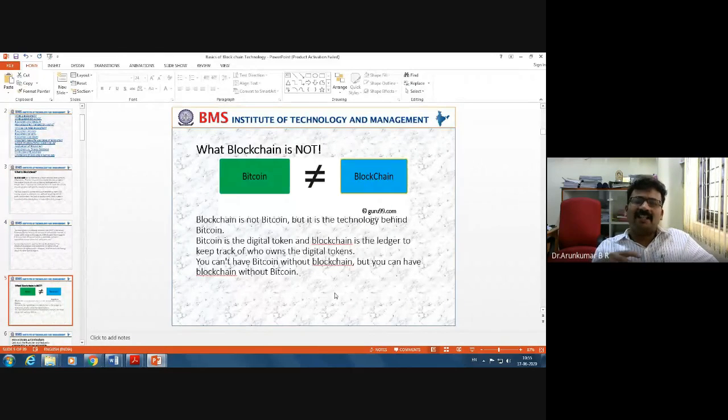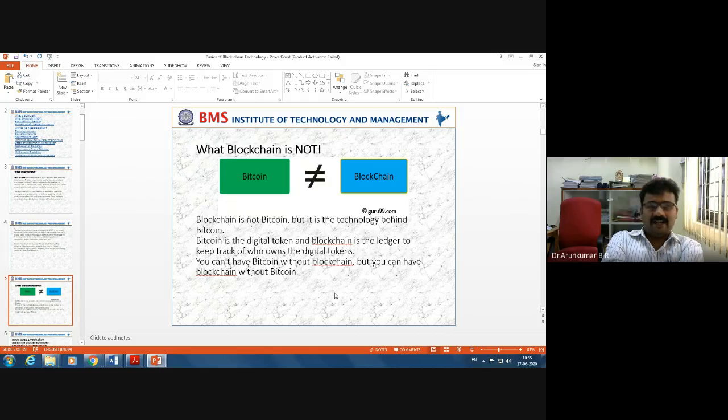Bitcoin is the digital token and blockchain is the ledger to keep track of who owns the digital tokens. So the concept of a digital token is coming here. You cannot have Bitcoin without blockchain, but you can have blockchain without Bitcoin.